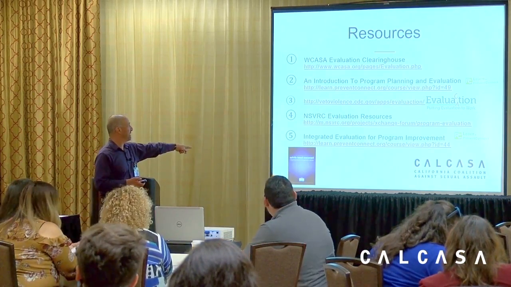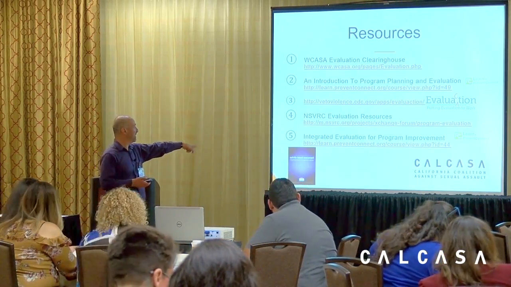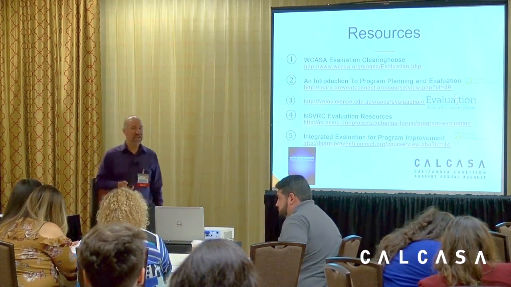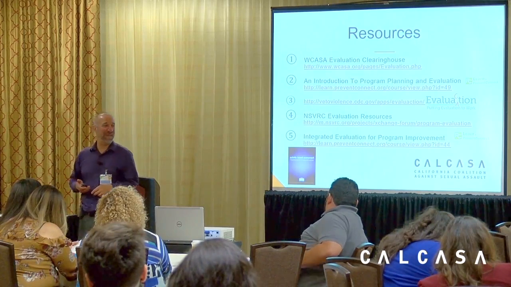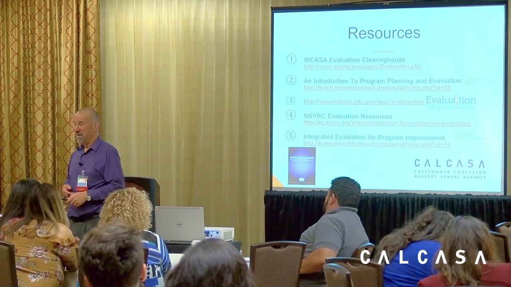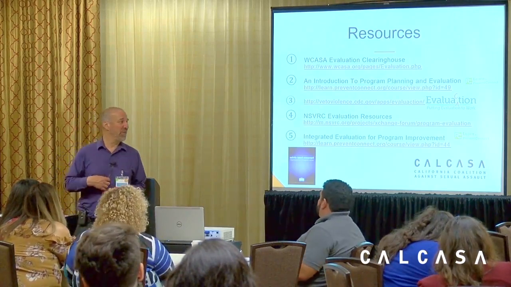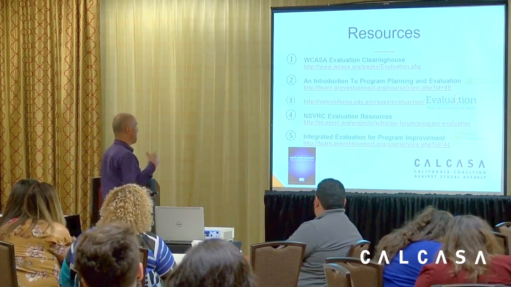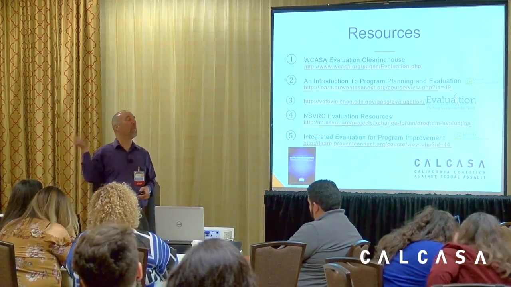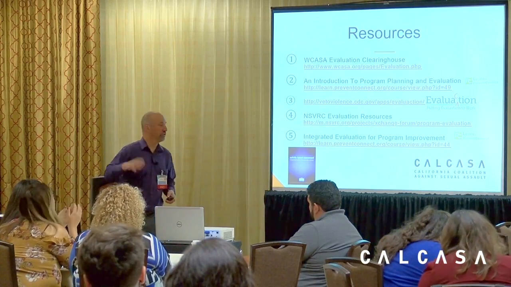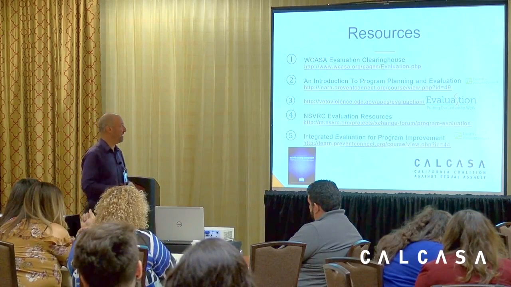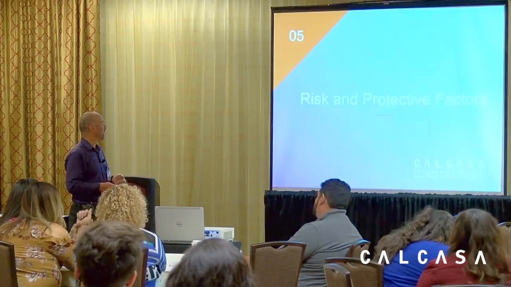This one that we have a picture of at the bottom, integrated evaluations for program improvement, I believe is what it is. It's based on a handbook called activity-based evaluation. It's about how you can evaluate while you're doing your prevention work. Instead of relying only on post surveys, also think about how you collect information. Jesse talked about gathering information from multiple sources, what we call triangulating. You get multiple ways of information to learn what's going on.